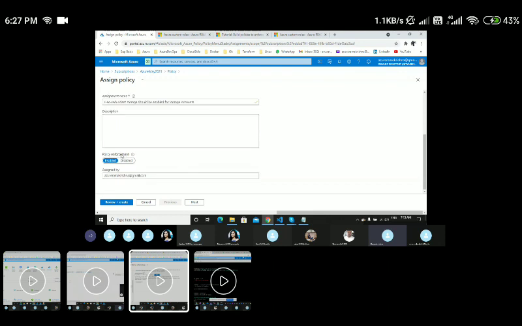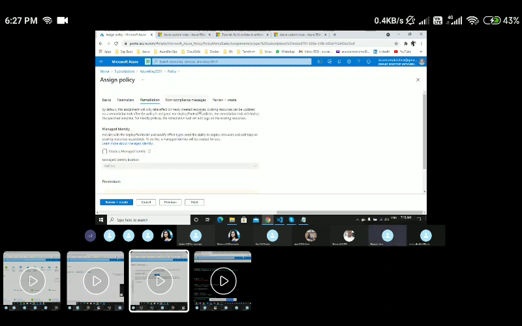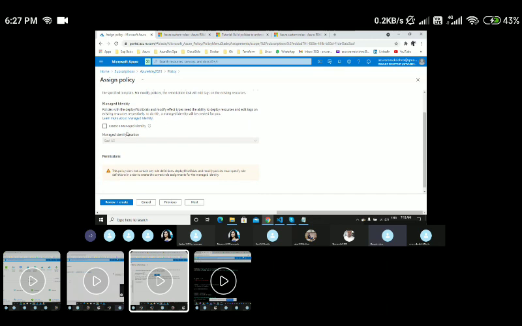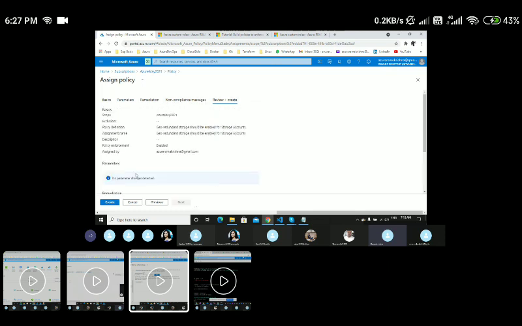And policy enforcement, I'm just enabling this one, and it is assigned by this particular user. Let me go to the next. This is for something like an audit. Let's go with the next. And remediation. I don't want to create any managed identity. This also we'll discuss later, don't worry at this moment. A non-compliance message, if you wanted to keep anything, you can keep. This is not a mandatory field at this moment. And I can just click review and create. Let me click on create.